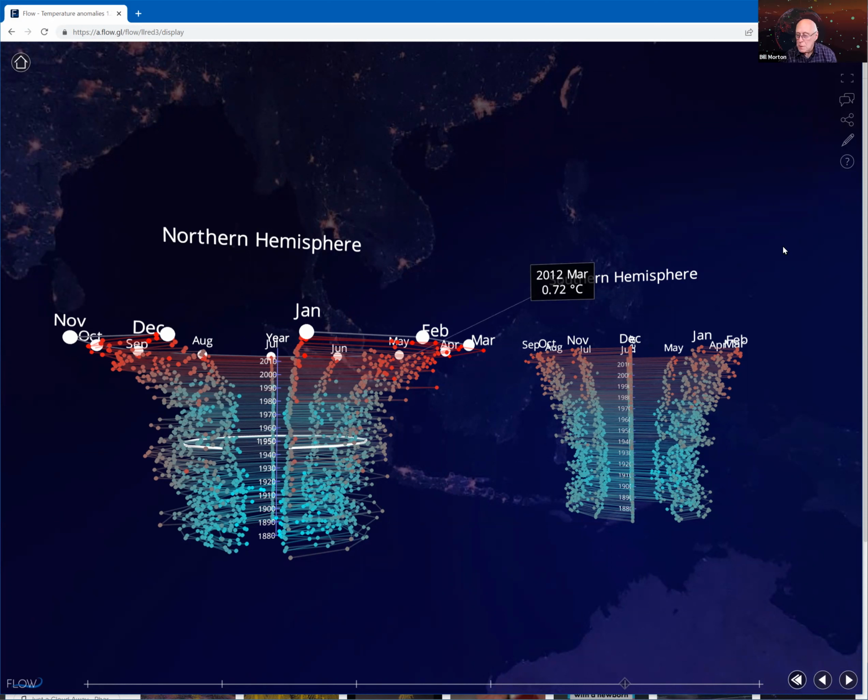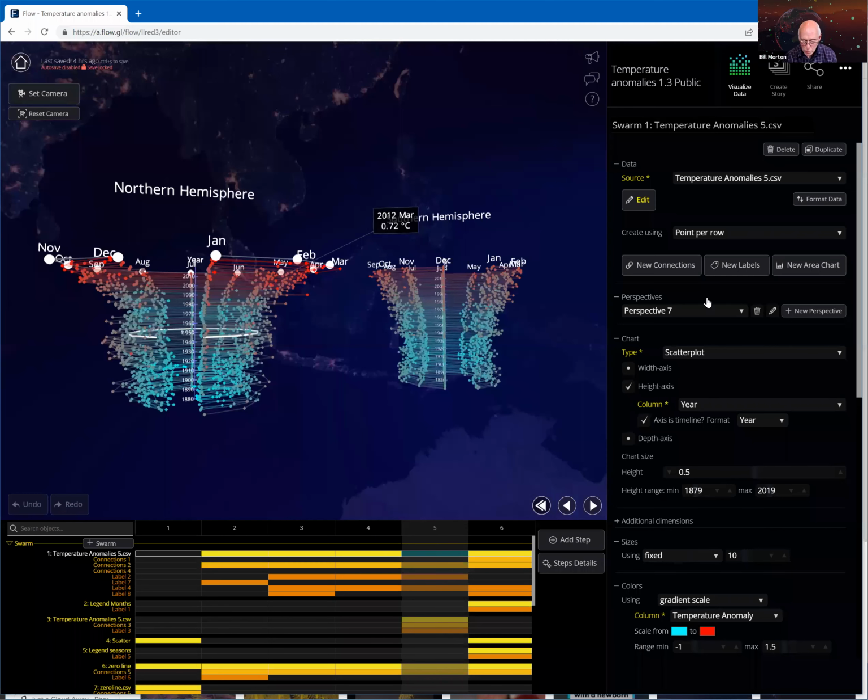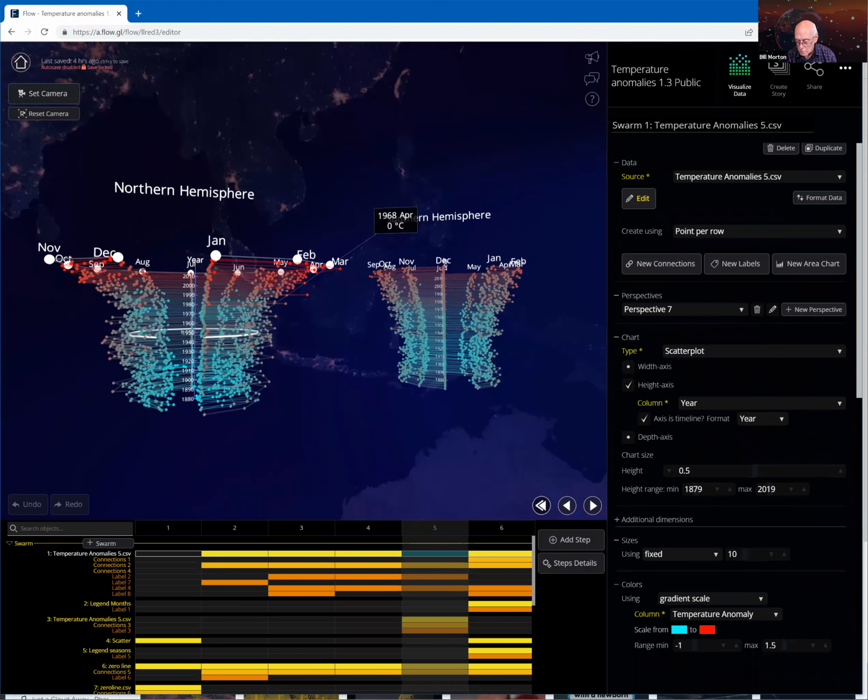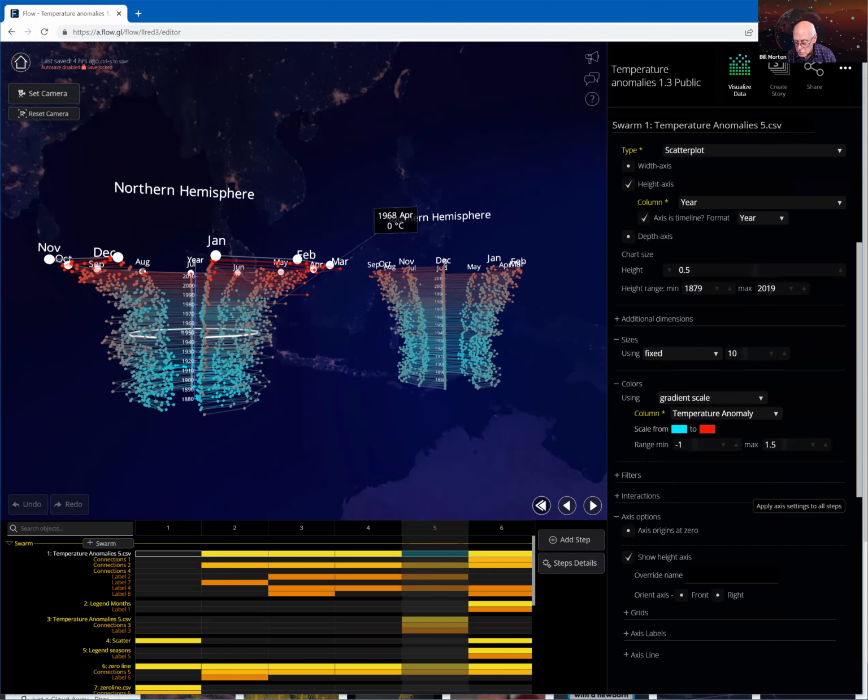Let me go into edit mode here. What I'm going to do is pick one of these swarms, I think this one right here. This is my Northern Hemisphere swarm, I think. I'm just going to show you how this kind of chart is generated. There's no code in here. What we're doing here is I'm going to go down to